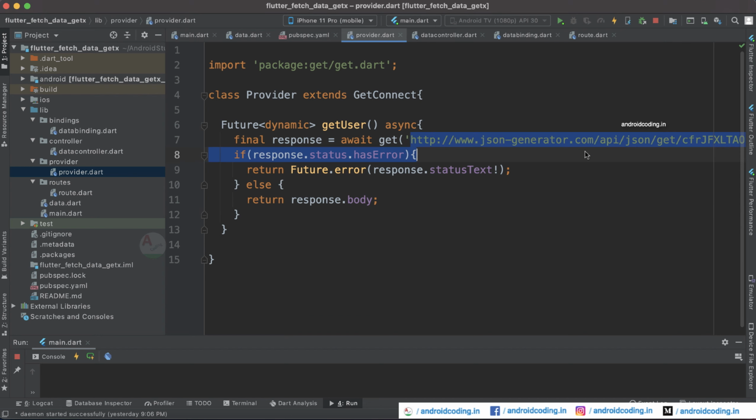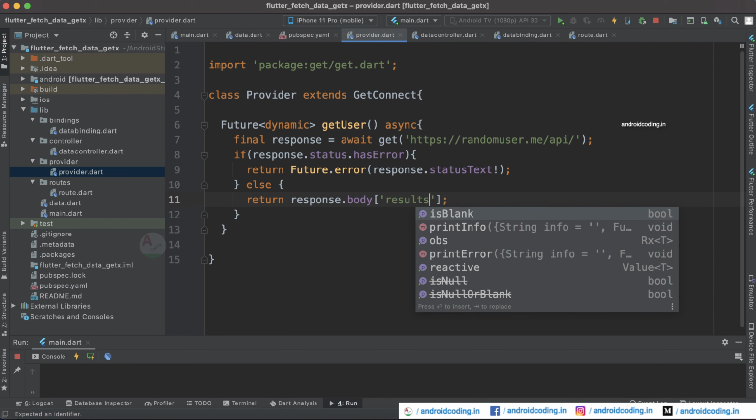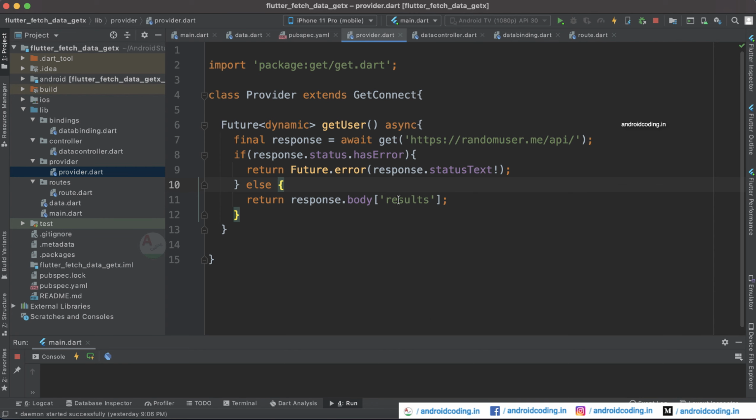Now I am going to remove this URL and specify our random user API here, and we have an array list called results. Make sure you spell it perfectly, because even if you miss a single letter, you may not be able to populate the list successfully.